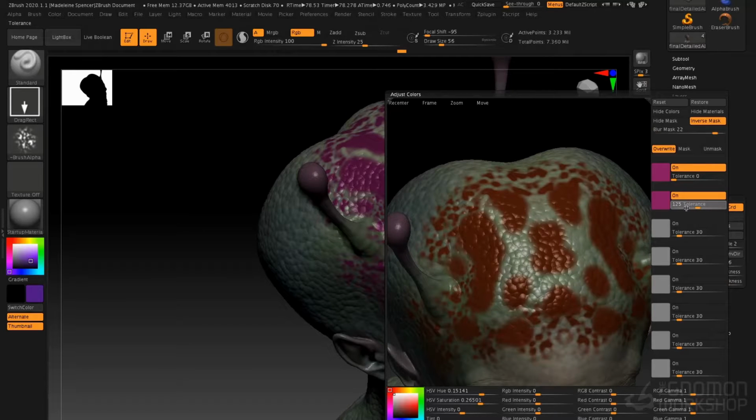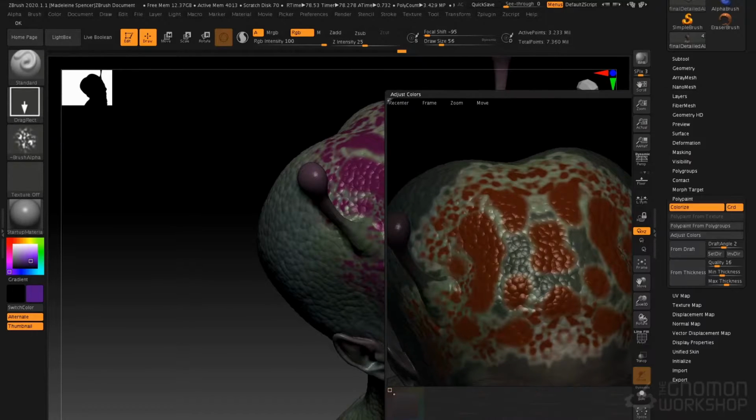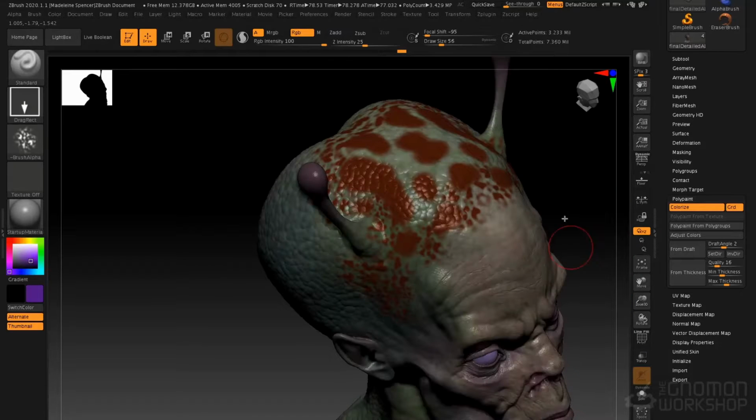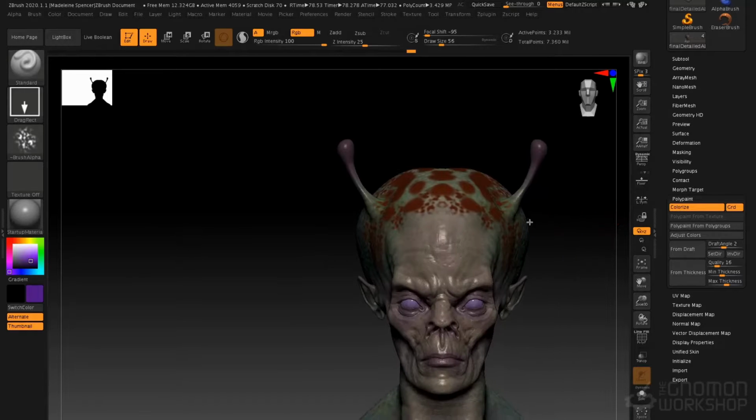I want to get that right up to the edge. There we go. Click OK, and there you see we can adjust that color based on our adjust colors controls, but it's not